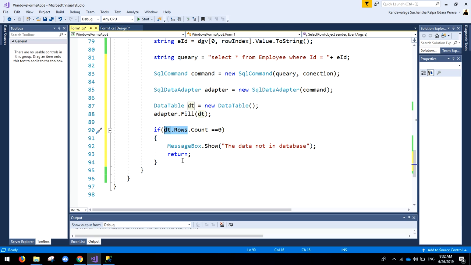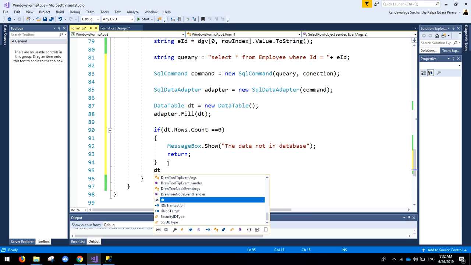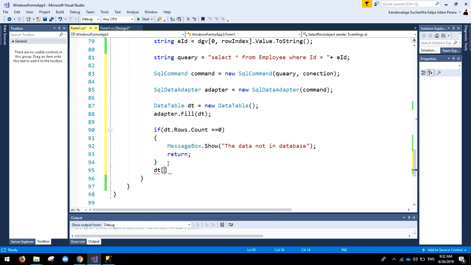I want to assign this data to those fields. dt dot rows 0, it means I'm accessing the zeroth row, dot dt dot 0 comma 0 dot